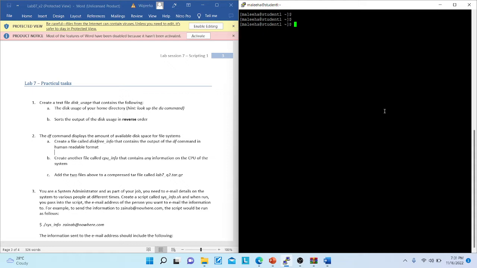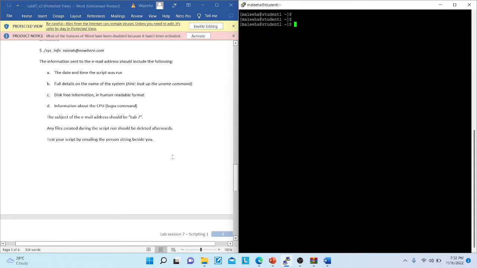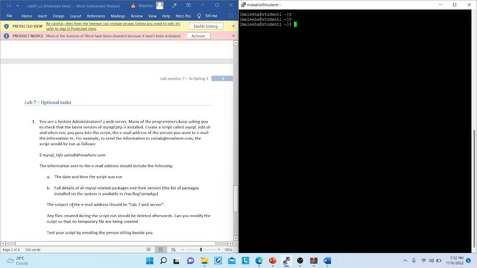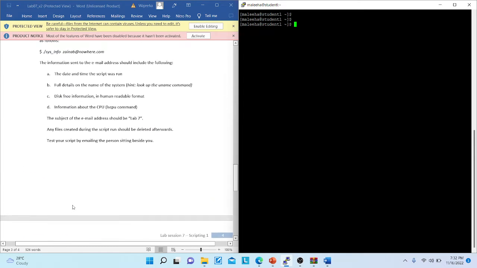So, in this video, we will go over Lab 7, which is basically about scripting. We're getting the beginner introduction of scripting in this unit. There are three questions, fairly straightforward, and we wouldn't take a lot of time working on this because it's too short. The optional part of this lab is not required. I was told that you don't have access to the files that are required to do this task. So just skip that. Just focus on the three questions that are there